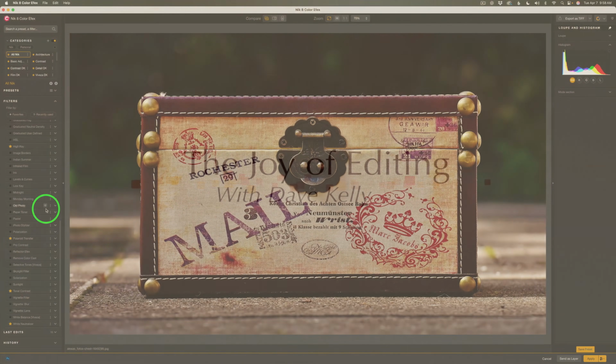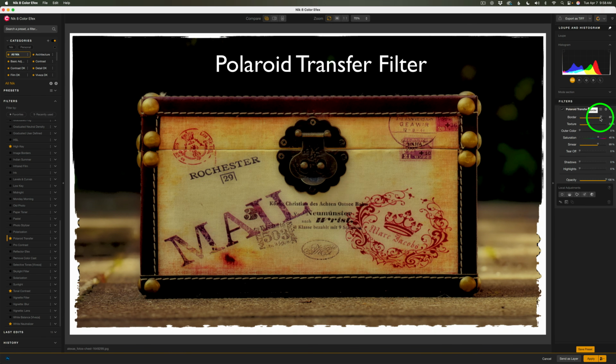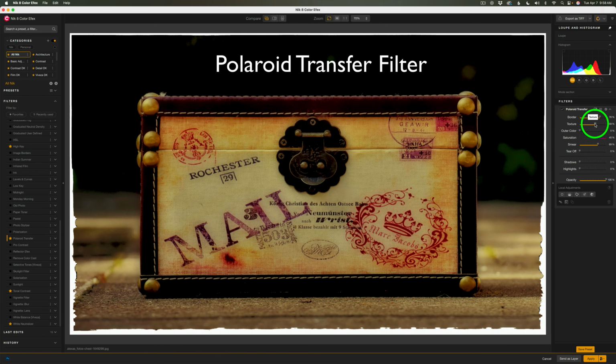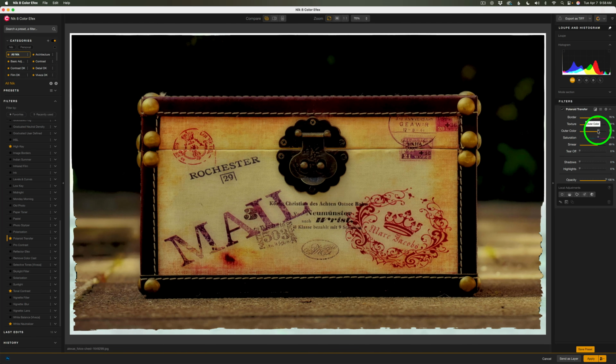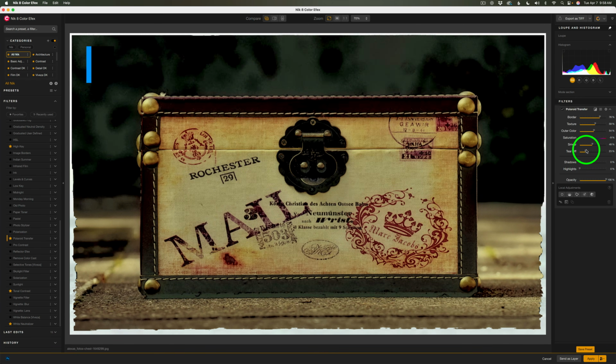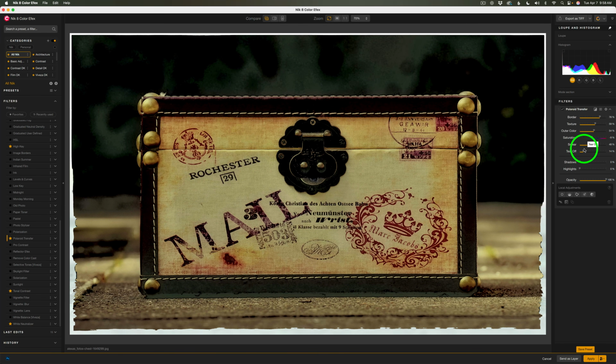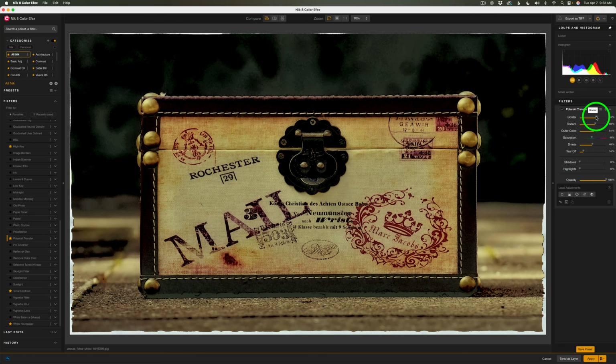Hello everyone, and welcome to The Joy of Editing with Dave Kelly. Today we're taking a look at the Polaroid Transfer filter in Nik 8 Color Efex. This filter is designed to recreate that classic instant photo paper transfer look, so you get softer tones, a little texture, and imperfect edges that feel more analog and nostalgic. It's a great choice when you want to turn a normal photo into something more artistic and printed with lots